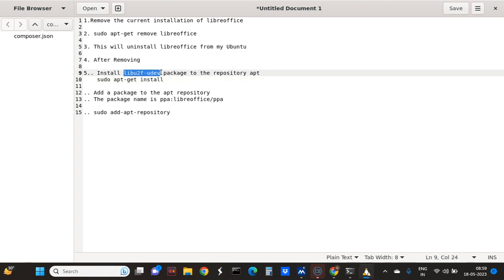This external package is required for LibreOffice. So this is the installation of libu2f-udev. So now after adding the repository of public package archives